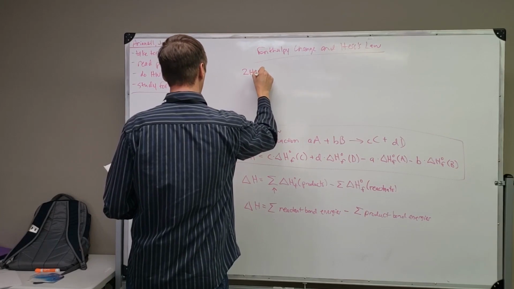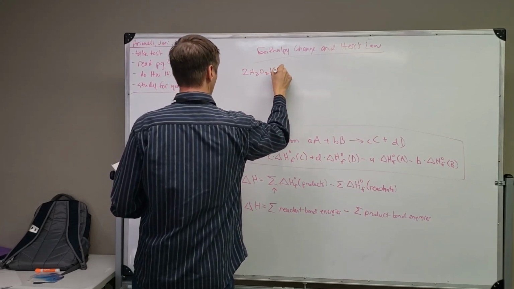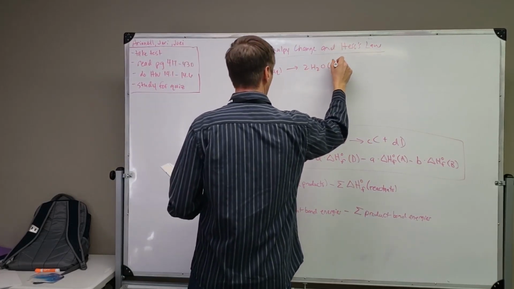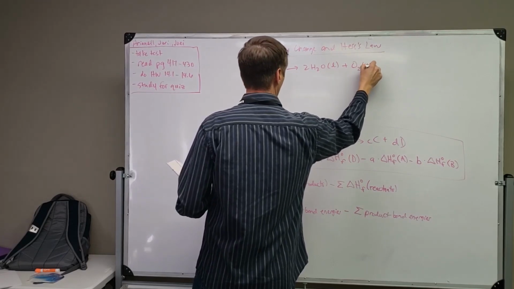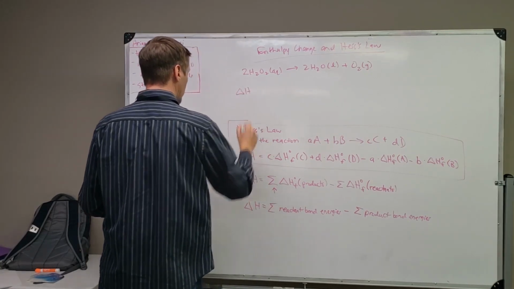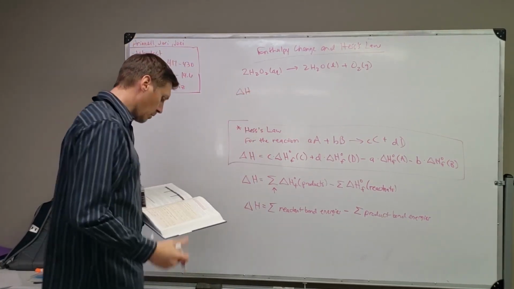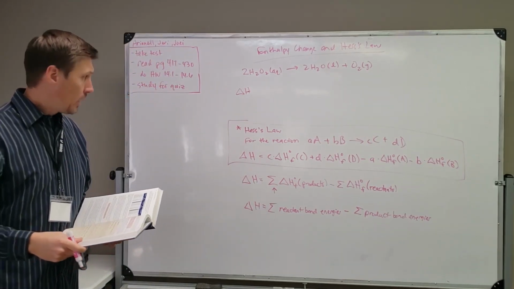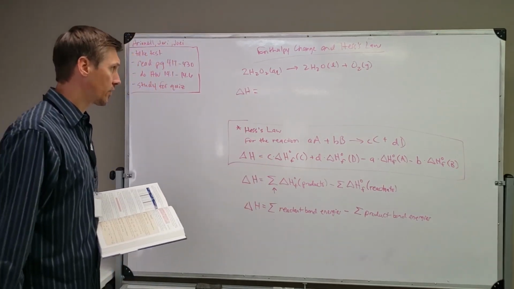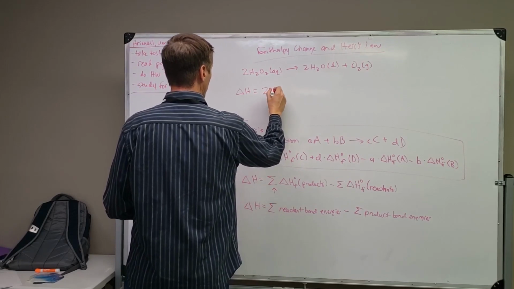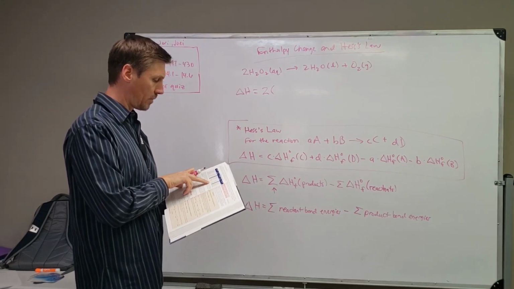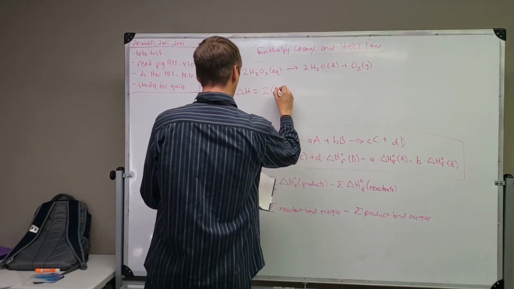So the reaction is 2H2O2 aqueous yields 2H2O liquid plus O2 as a gas. Since it didn't say explicitly to use bond energies, we're going to use the standard enthalpy of formation, using that table on page 424. Based on this, we take the products first. So we've got 2 moles of liquid H2O, so it's going to be 2 times, and we look up H2O in liquid form on our table and see that it has a standard enthalpy of formation of negative